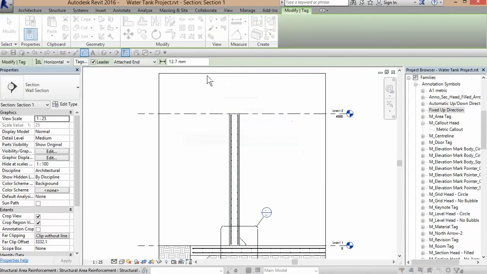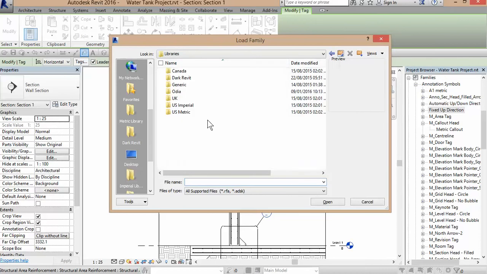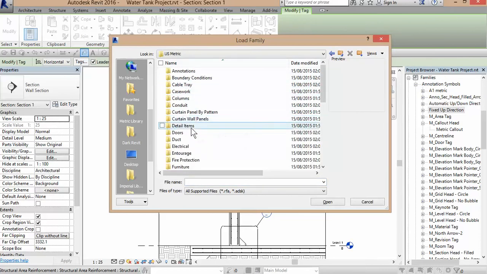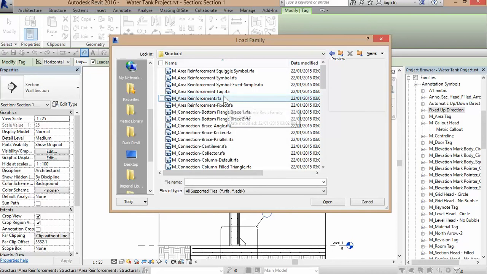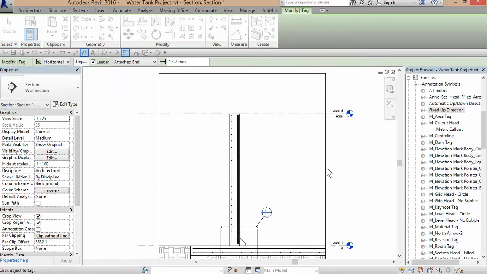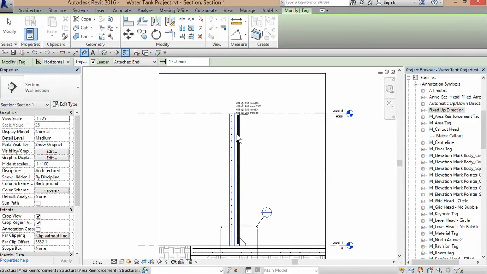So go to US metric, annotations, structural, area reinforcement, open. So right, now that I have that in,